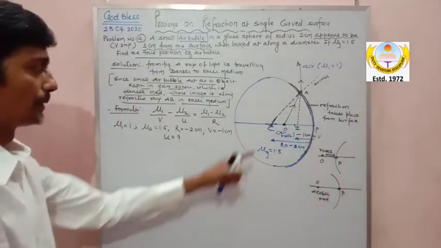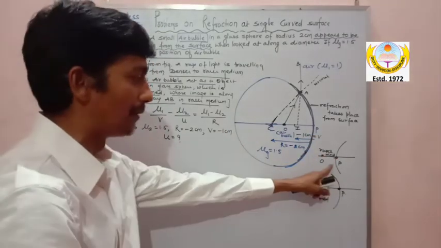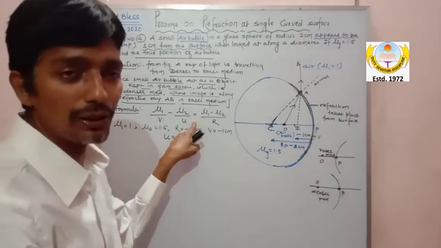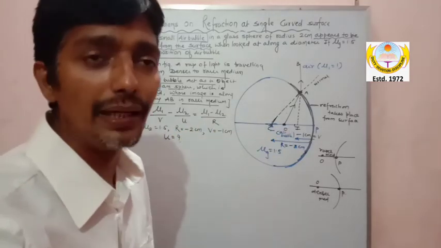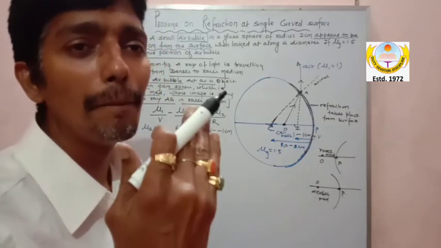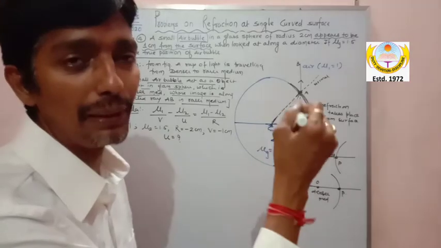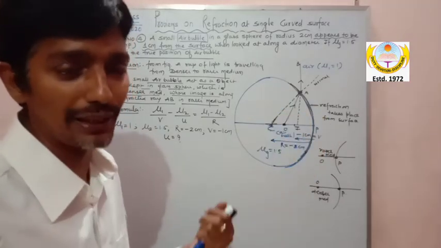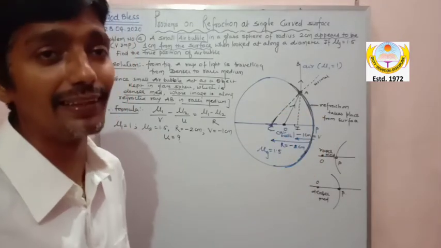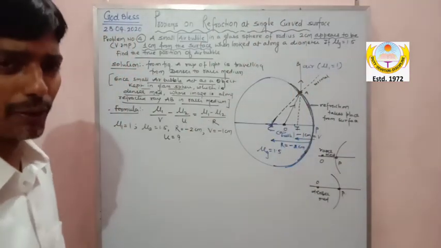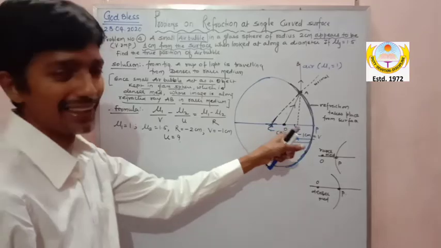But my dear, if the object is placed in the rarer medium, then I would have taken this surface, and here I have taken the object. Because it is a rule that the object should be left of the pole, or the point from where we measure the distance. है ना? ये तो rule है, object हमेशा left में होता है. Unless and until the given object is taken as a virtual object, as in my earlier cases, in one of the cases. So please take care. थोड़ा logic लगा.